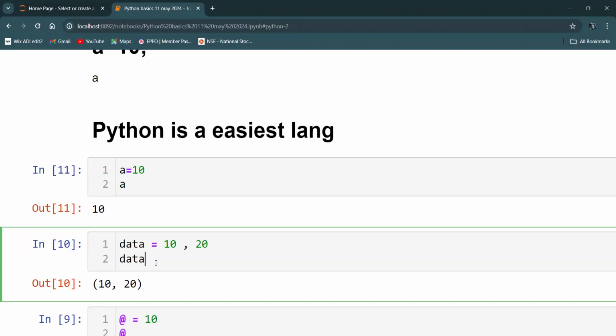There is a certain way to define a variable, I'll talk about it. So A acts as a variable, and the equals sign, what you can see, is called an assignment operator. You are assigning a value 10 to the variable called A. A is an alphabet, we know that. If you call A, you can see it is giving you the output 10. So if you call that particular variable, whatever data you have stored, it will give you that data. So variables are also called identifiers, because I'm identifying the values I'm storing with respect to the variable itself.